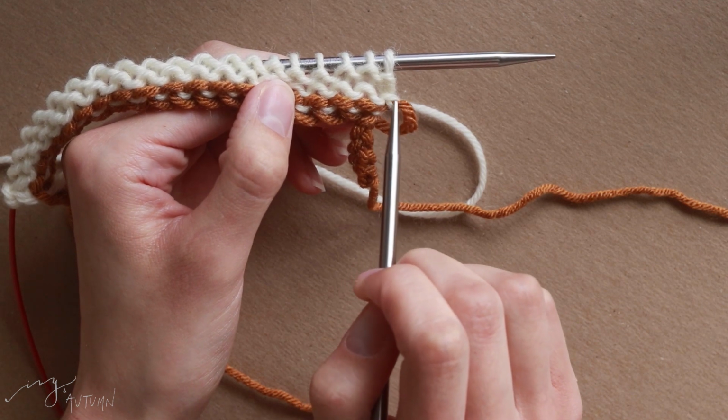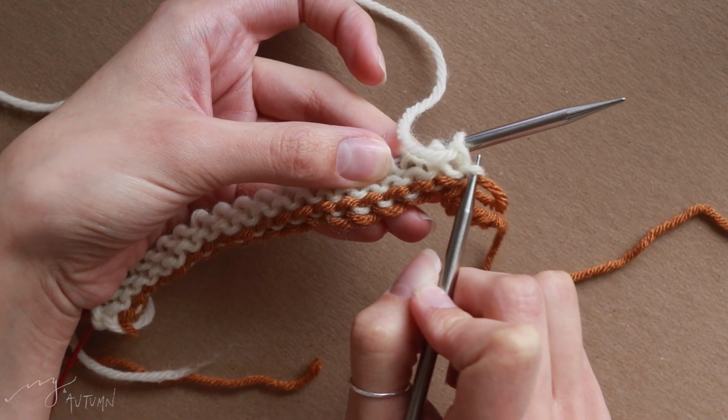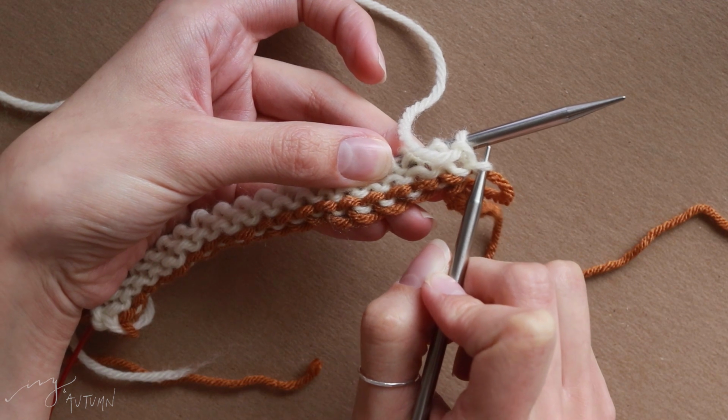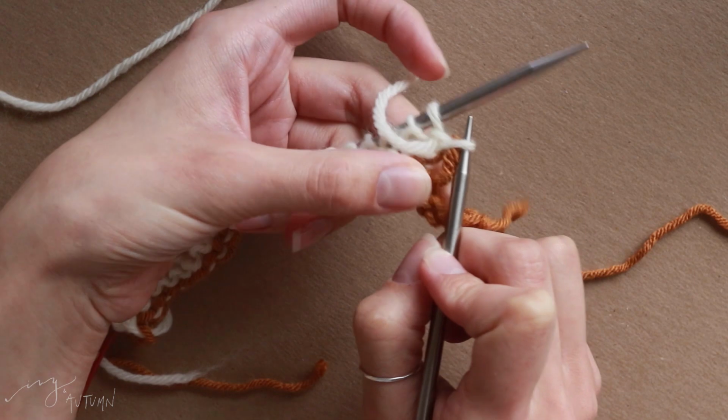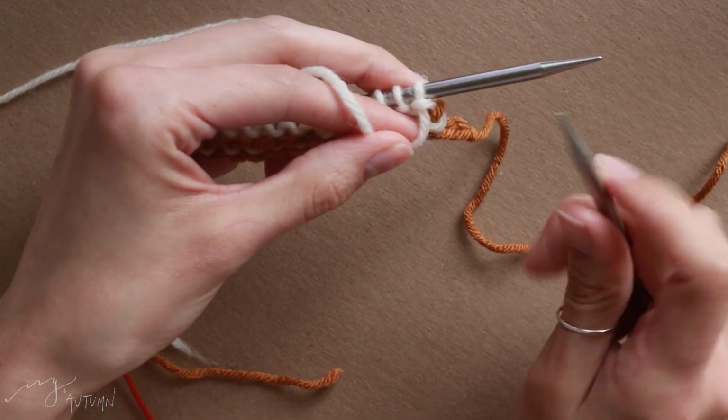You may need to pull it apart from your contrasting color yarn to better see it, but it's just this strand right here at the edge that you're going to need. You can either pull it out a little bit or place a marker on it to help you remember,